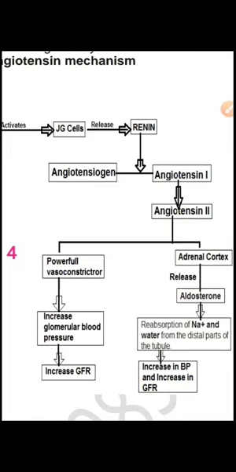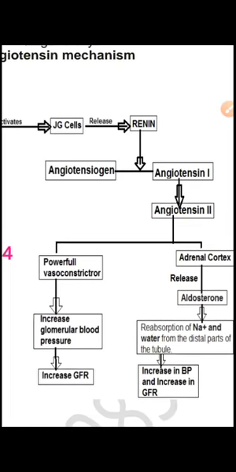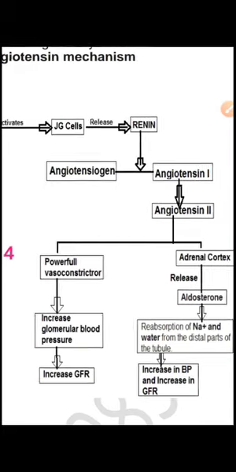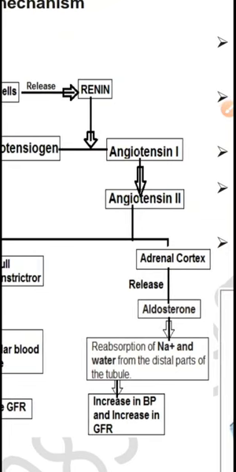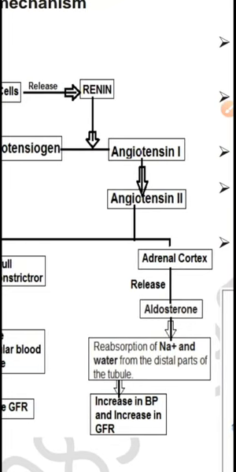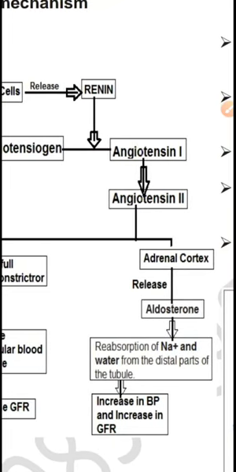And this renin activates a plasma protein, angiotensinogen, which is produced from the liver. This angiotensinogen gets activated by renin into angiotensin 1 and angiotensin 2, and this acts on the adrenal cortex. Angiotensin 2 acts on the endocrine gland, the cortical region of the adrenal, that means the adrenal cortex, and releases